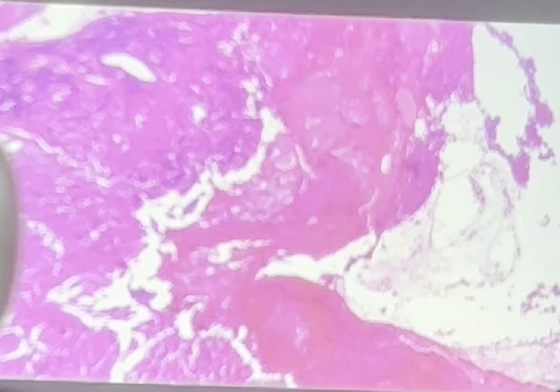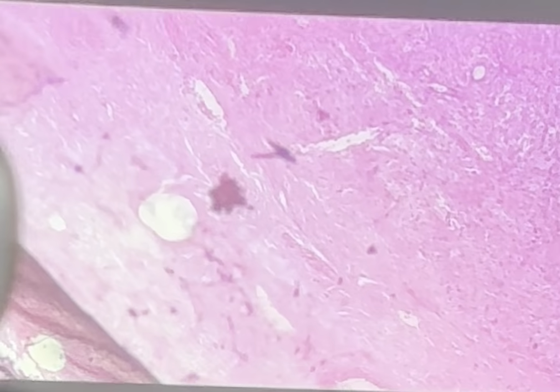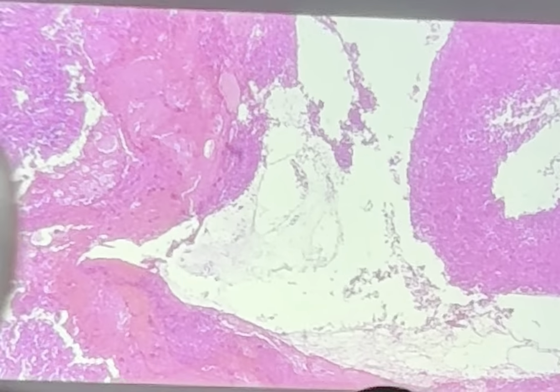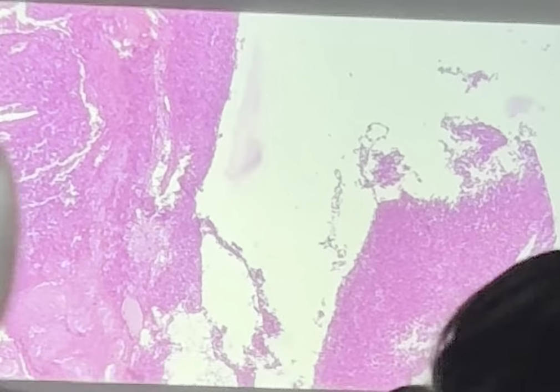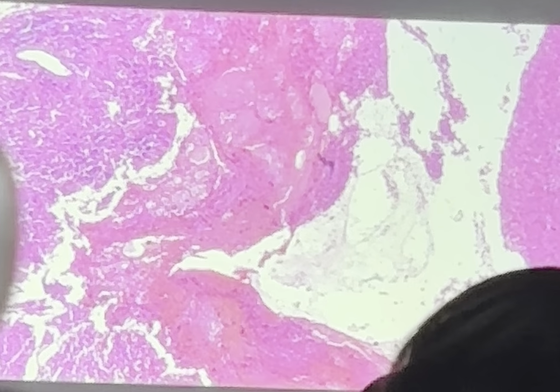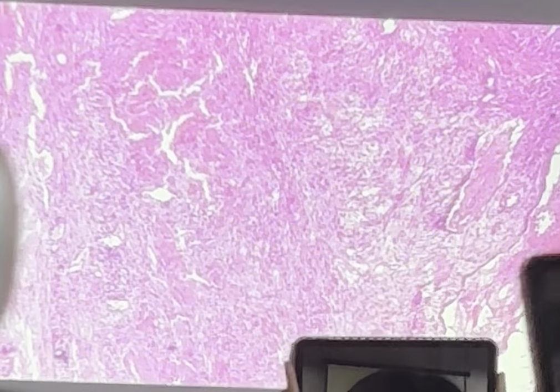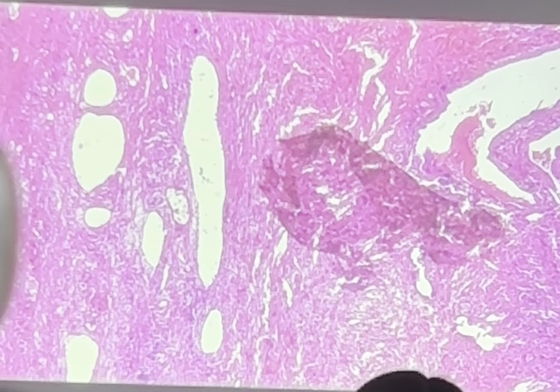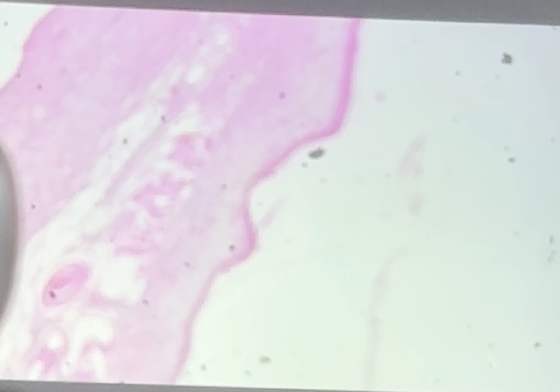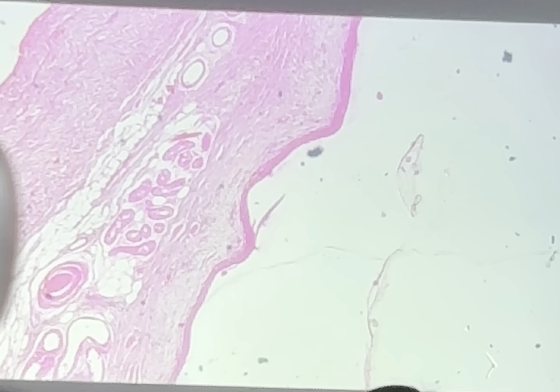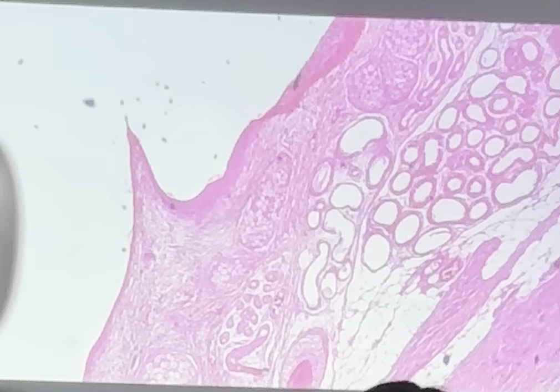Next one. What is this one? Oh, this is another pleomorphic adenoma. Here you see it looks kind of like bone a little bit, and the epithelial element. But again, this is not a good slide. I'll show you the other one. Let's skip that. Oh yeah, this one. I think it's upside down. Okay, so